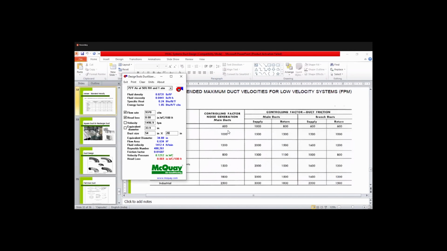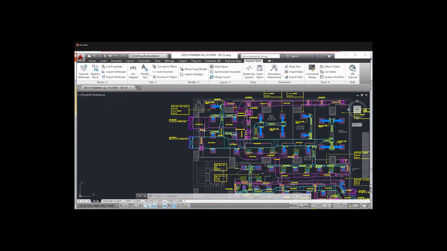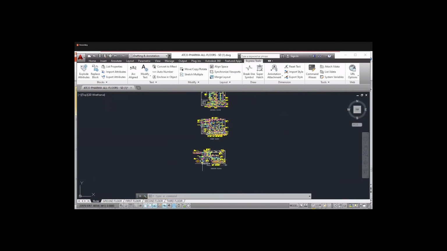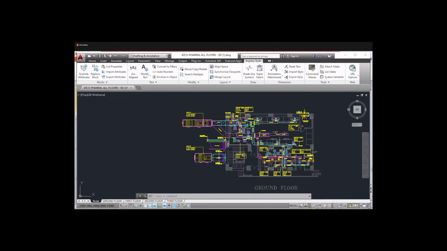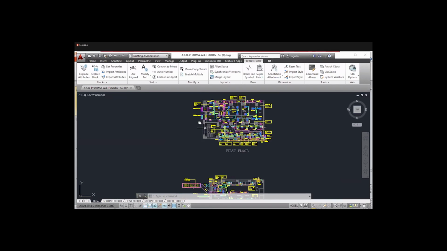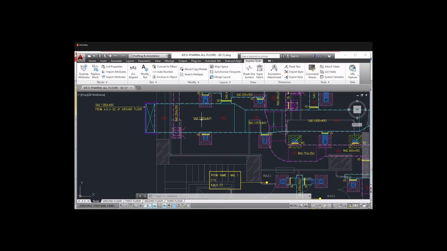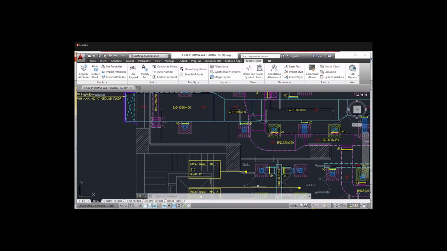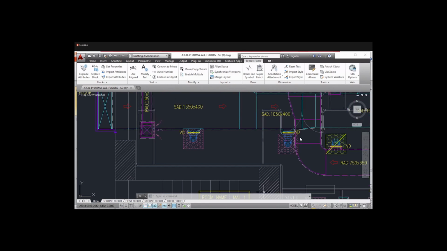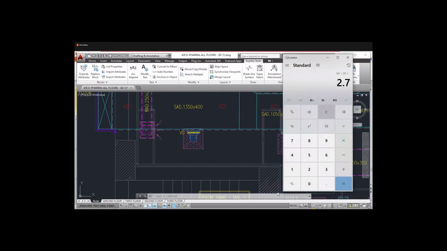So what is our duct size here? Our duct size from the main AHU is coming now. So the sizing we have done here is 1350 into 400. Okay, and it should be as per the calculated size.